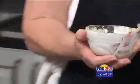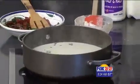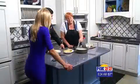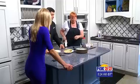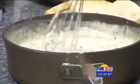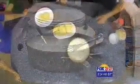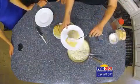Once the milk starts heating up to almost a boil, you put the roux in, then you put the rest in, and there it goes. I always use a whisk when I thicken it up because you do not want the flour to have big lumps. That's the worst. And then you just serve it. It takes a while. Do not put it on high and try to heat it up too fast. And then you just pour it over your...